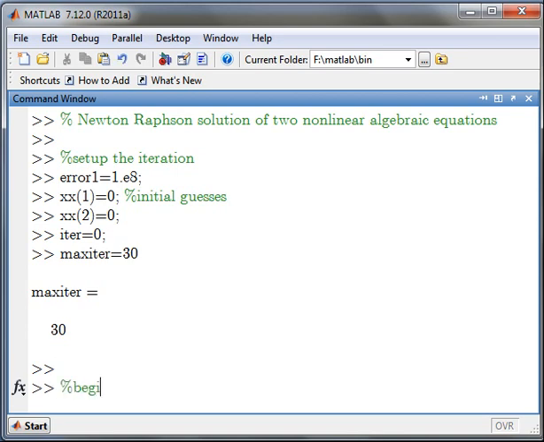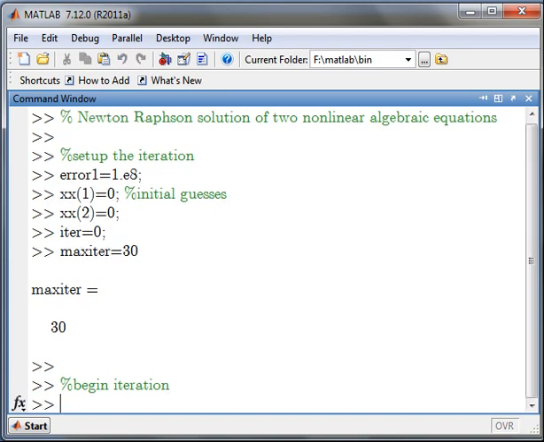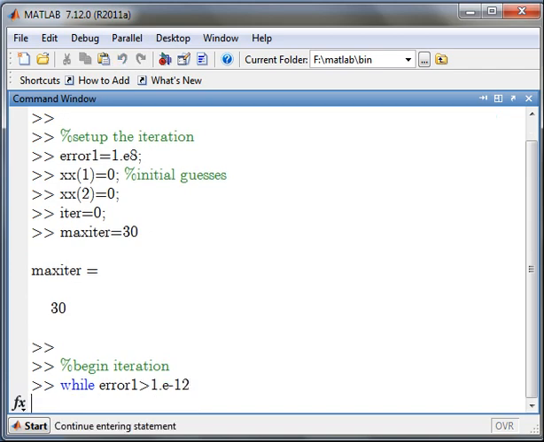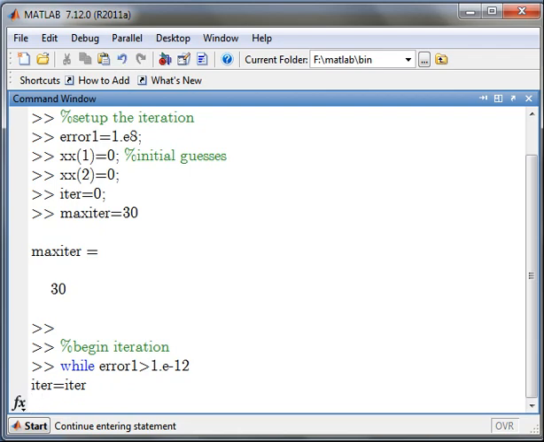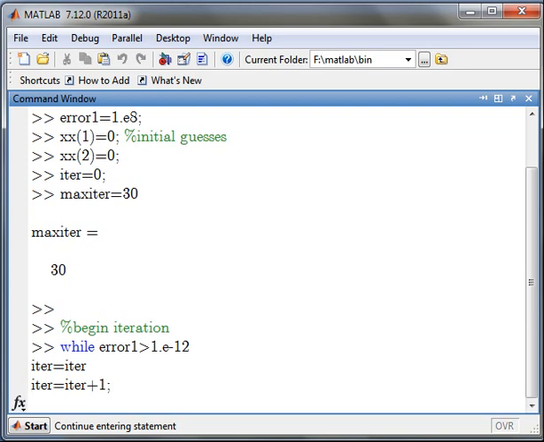Now we are beginning with the iteration. For this, the program will be while error1 greater than 1e-12, iter is equal to iter plus 1.